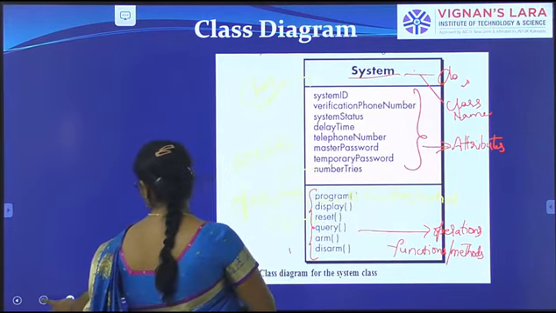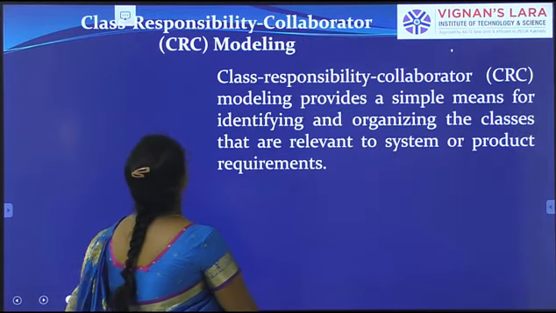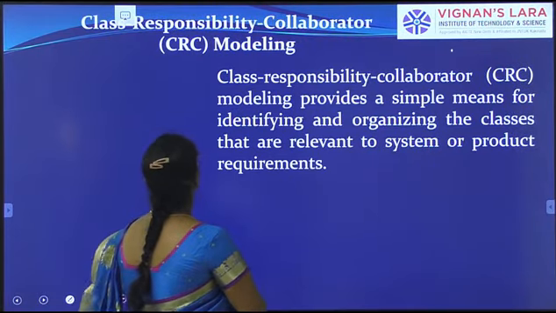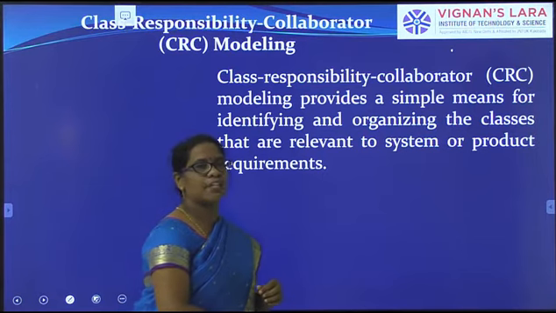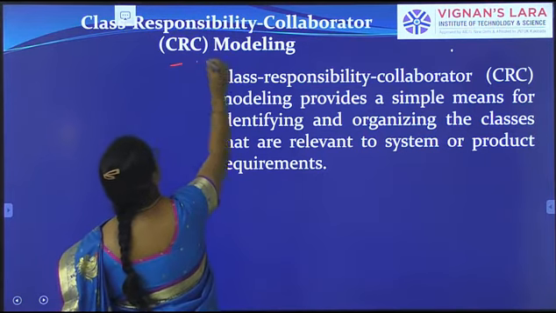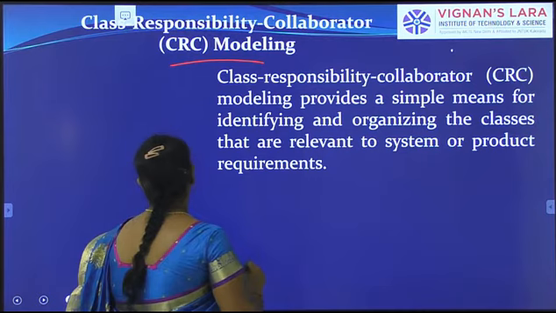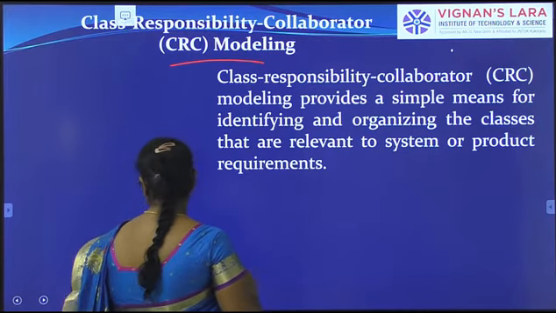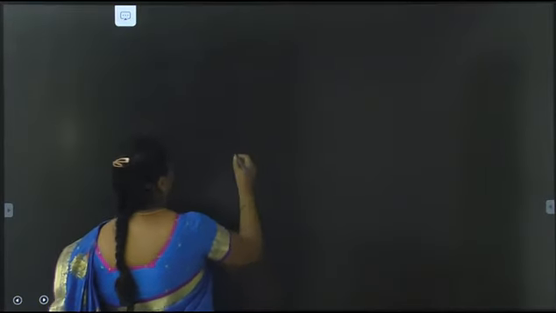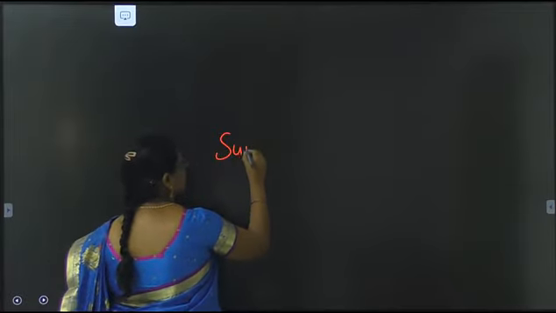And next, in the class diagram you will see the class responsibility collaboration, CRC. About this CRC modeling we will see in the next session. We will not complete it in today's session. So today the summary is,